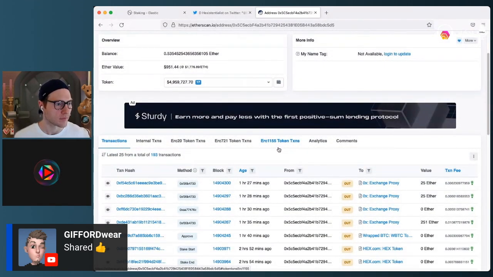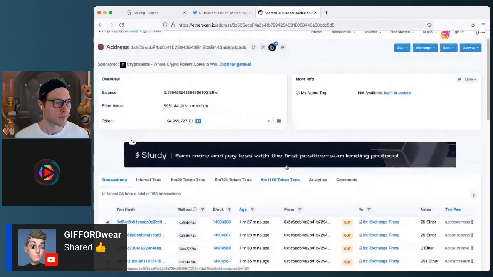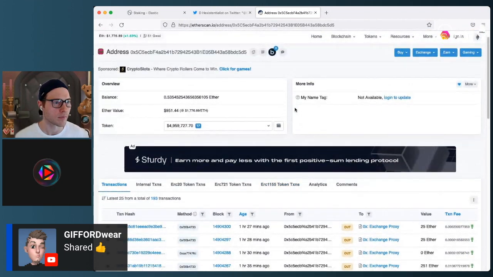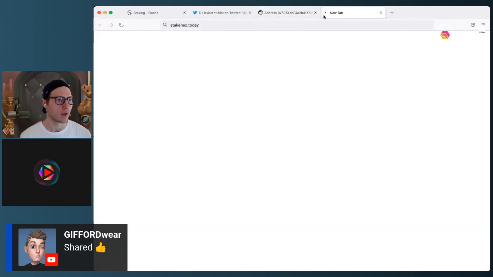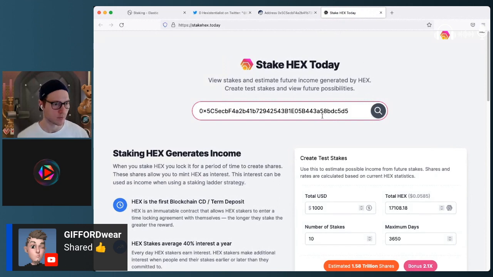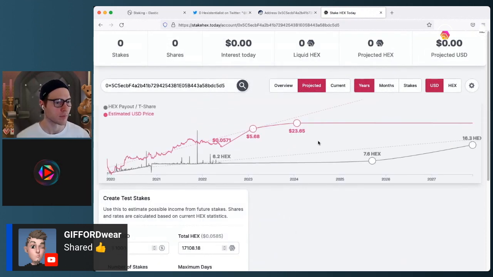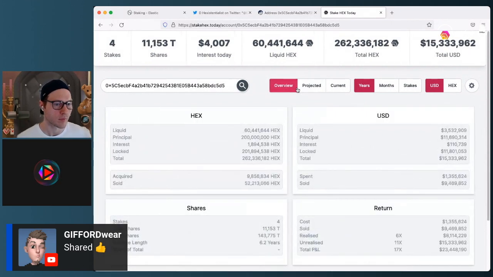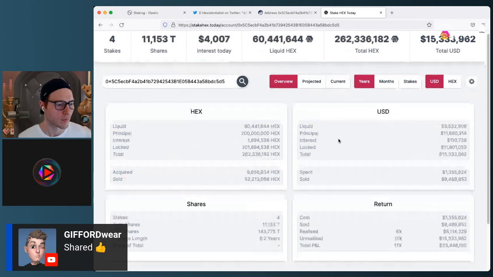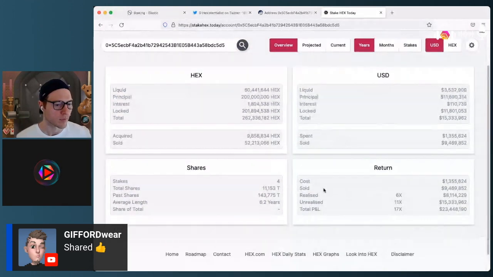Another way, if you're not used to Etherscan, is to go to stakehex.today. Let's copy the address first, and paste that in there. Okay, you can look at his stake history, what's coming up. You can see the one that's coming up first. But if you go to the overview tab in the middle, scroll down, you can see whether this guy's sold any HEX before. So it gives you a bit of a picture